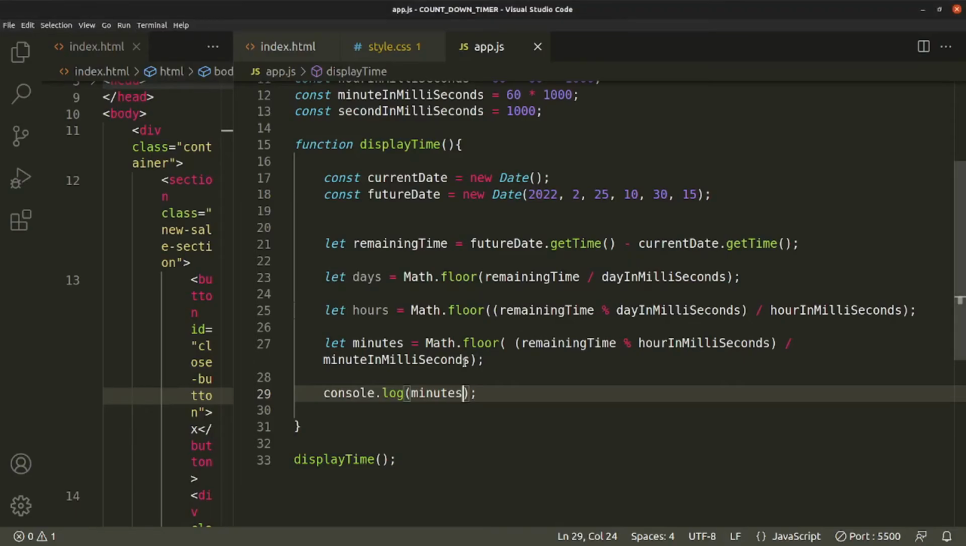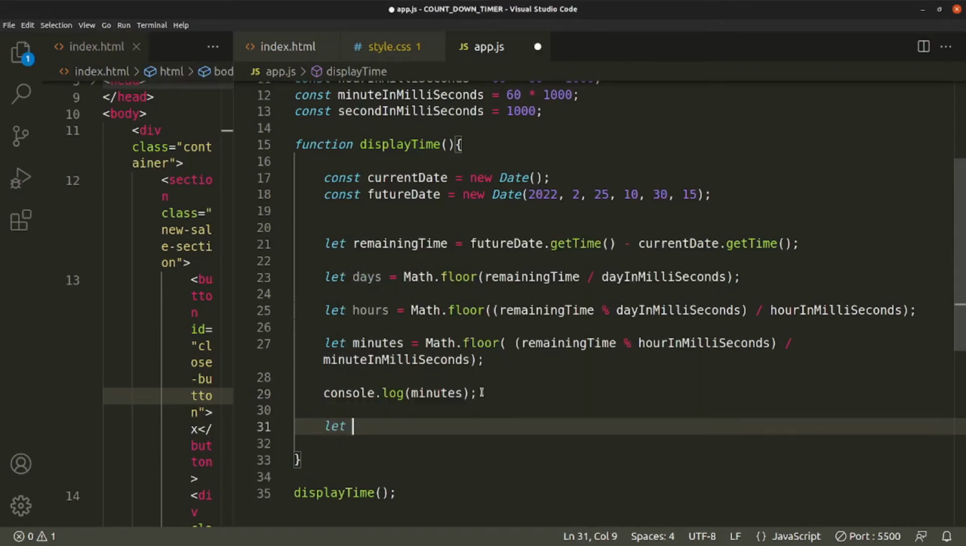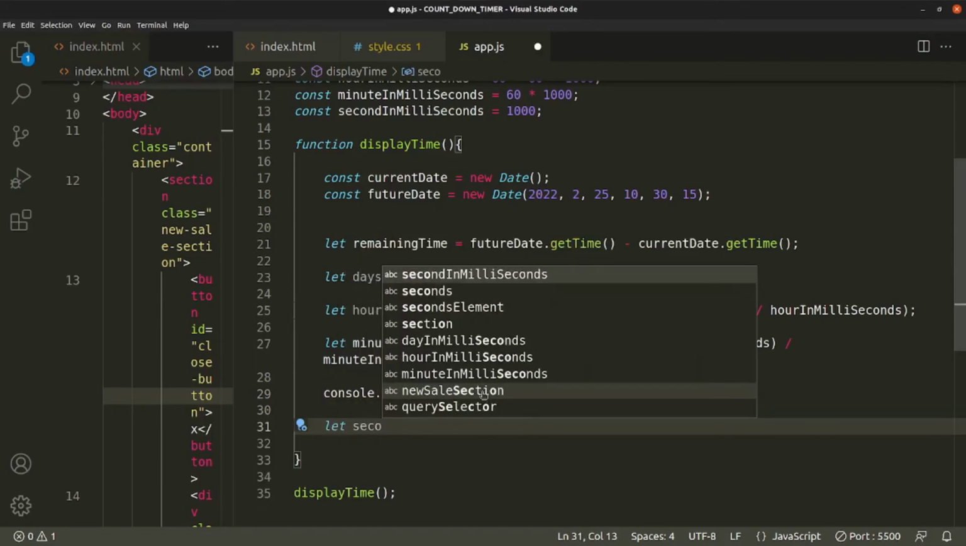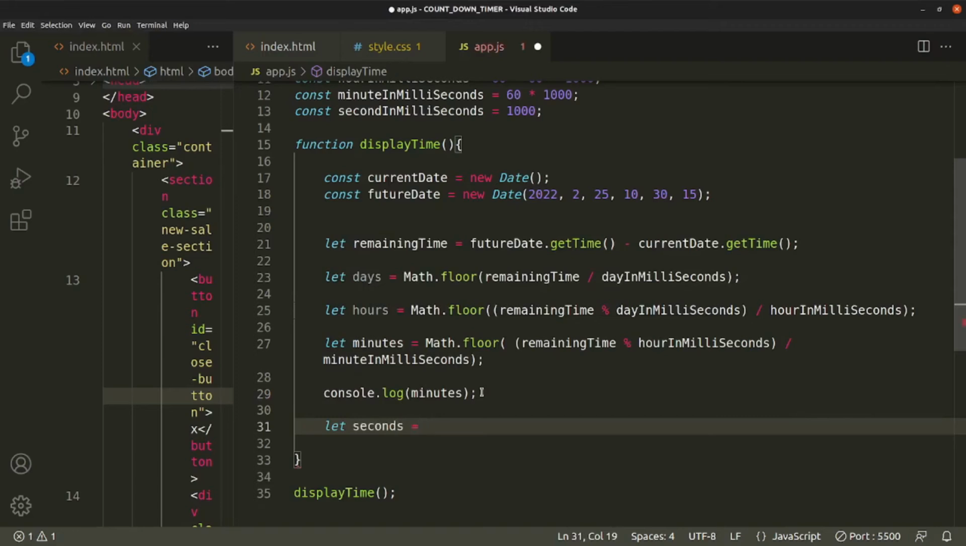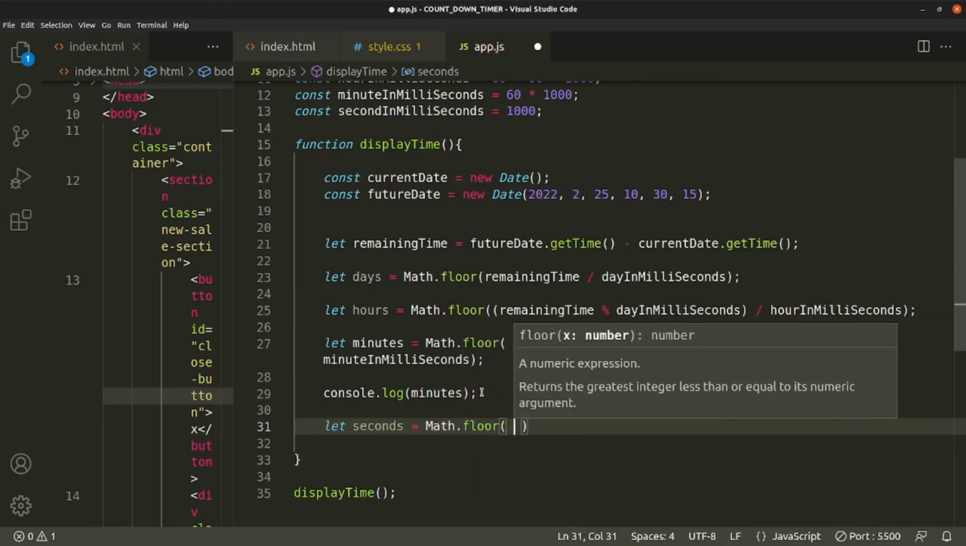Okay, finally we need seconds. We do the same thing. Let seconds equal, first, we don't want days, we don't want hours, we want how many minutes are there in total. After that there is a fractional part, that is our seconds. I'll use this one, Math.floor. Now this time we are dividing with minutes, how many minutes are there in total. Okay, remaining time,